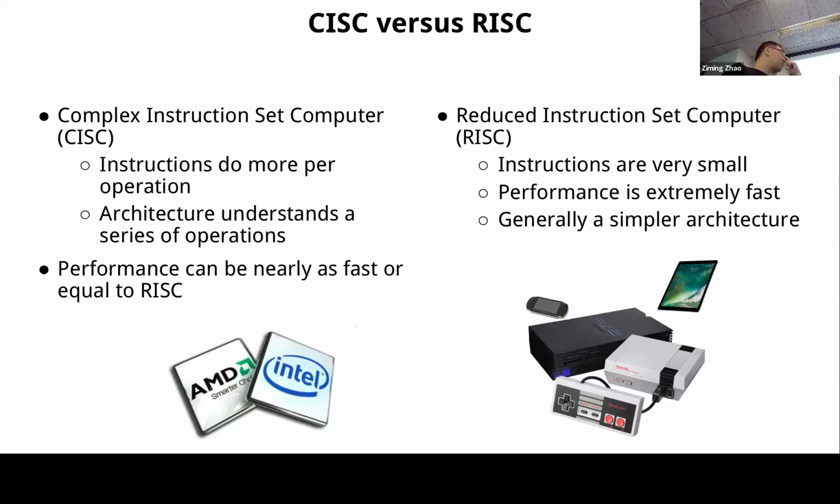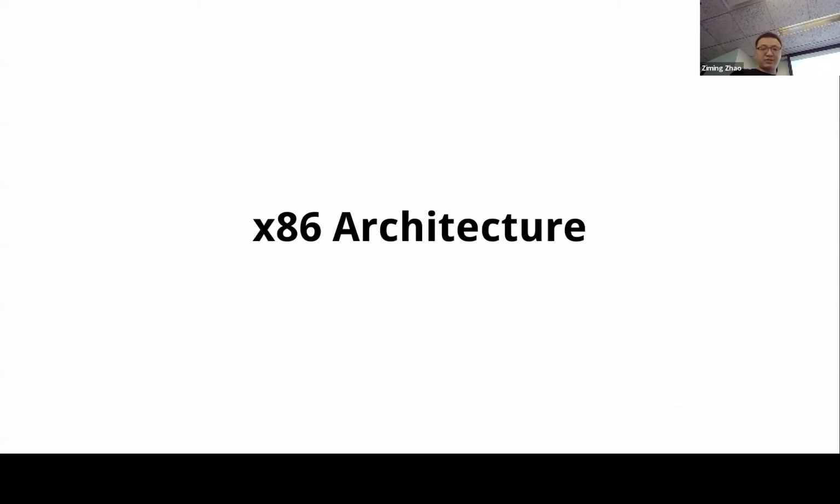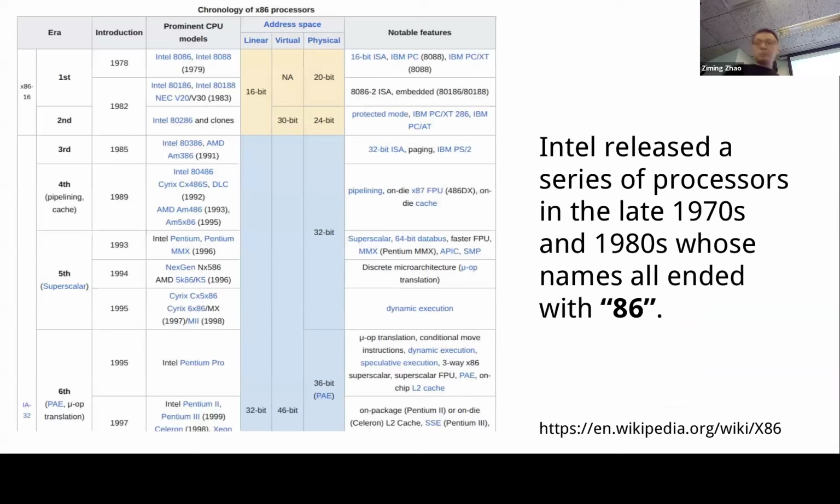That's why a lot of the mobile devices we're using are RISC architectures. All your phones are using RISC architecture. We do not see any phone using CISC architecture. But like I said, under the hood, even Intel CPUs now use a RISC architecture, but that's not a part of this class. So next we will talk about the